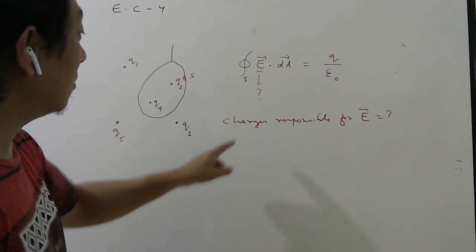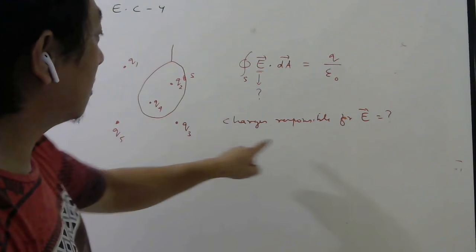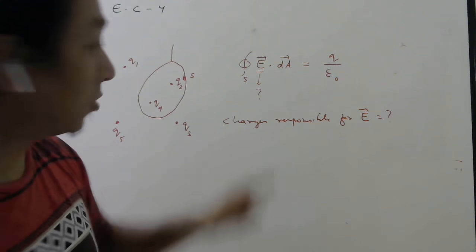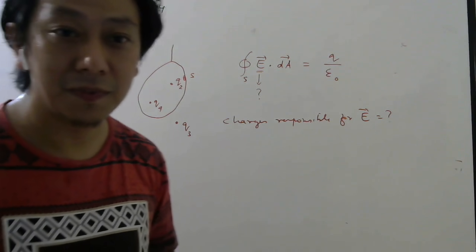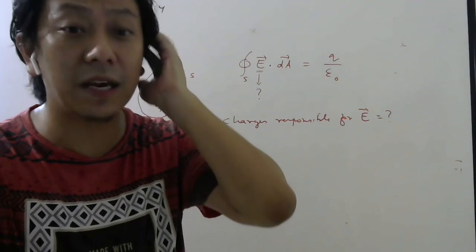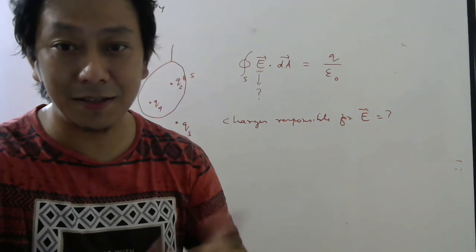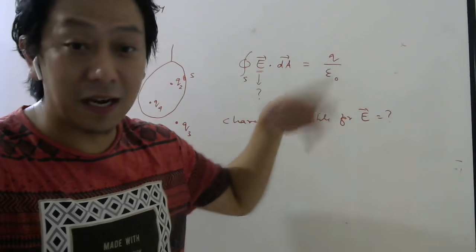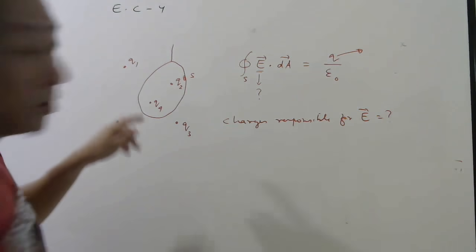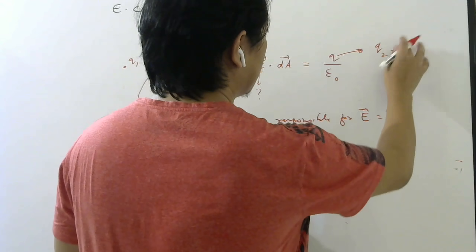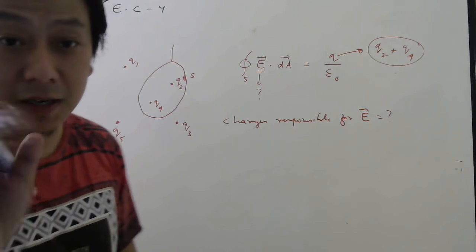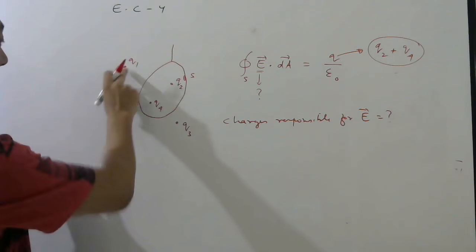Okay. Now, which charges out of these 5 is responsible to produce electric field on this surface? That is the question. So this E will be on the surface. Now, many students think that, oh sir, according to Gauss law, we know that only the charge inside is present. This is what charge? Charge inside. So if they ask this Q is what in this problem? So this Q will be Q2 plus Q4. No doubt, because only these two are inside. But that does not mean these charges will not produce electric field here.